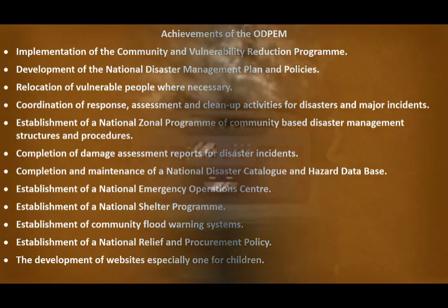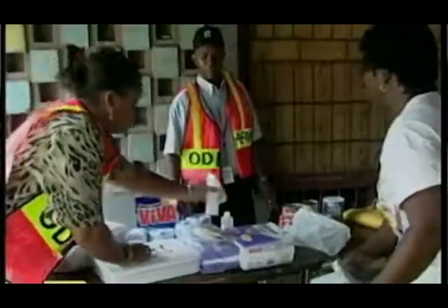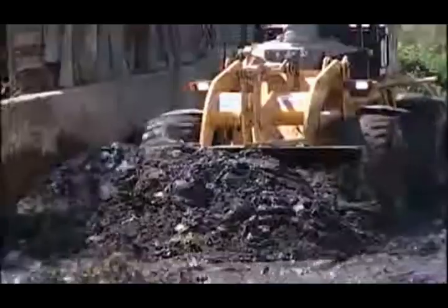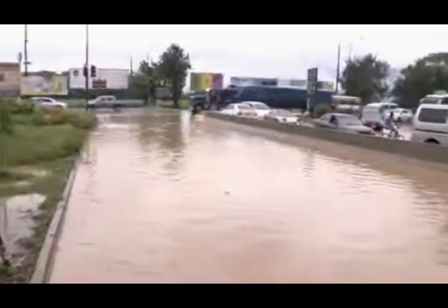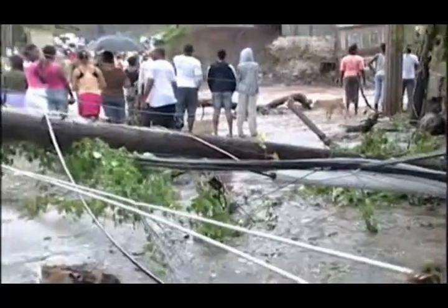We're committed to reducing the impact of disasters occurring in Jamaica. We're ever ready to assist you before, during, and after a disaster. But everybody have a role to play, so make we work together and follow the plan. Whether rich or poor or where you come from, hurricanes affect everyone, so be prepared. Prevention is better than cure. Be prepared. Listen to ODPEM. A message from the Office of Disaster Preparedness and Emergency Management.